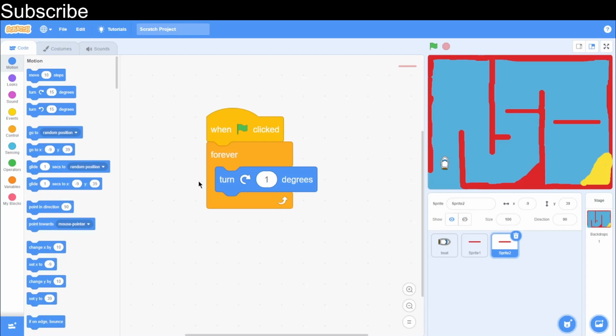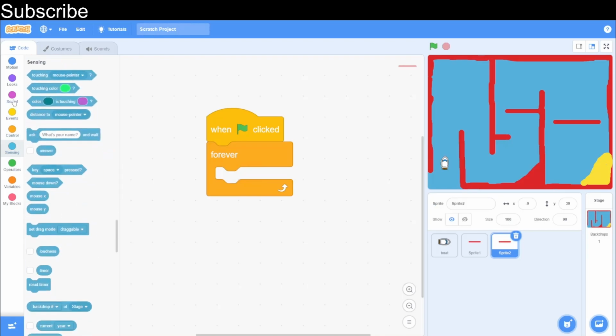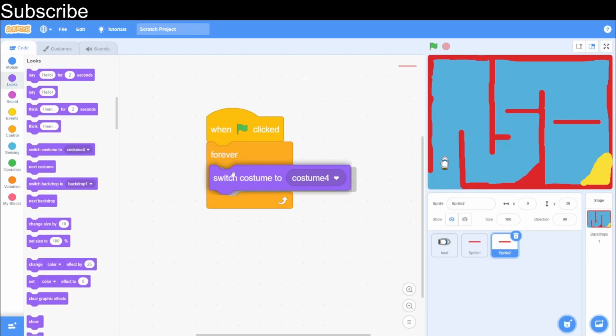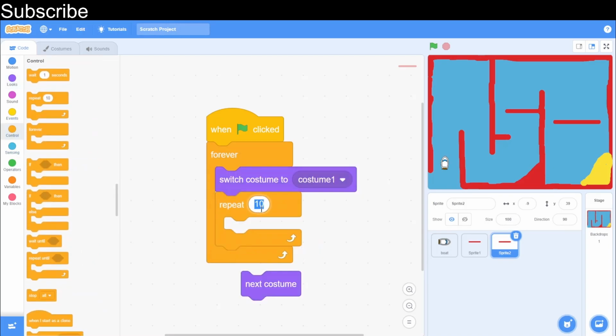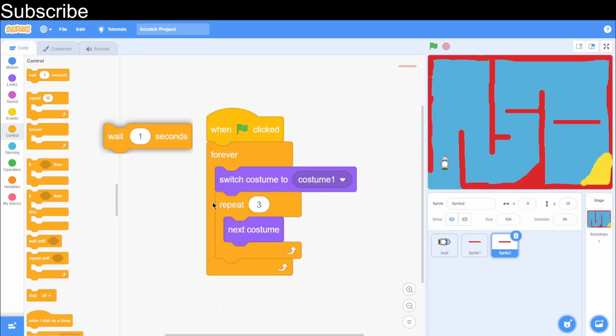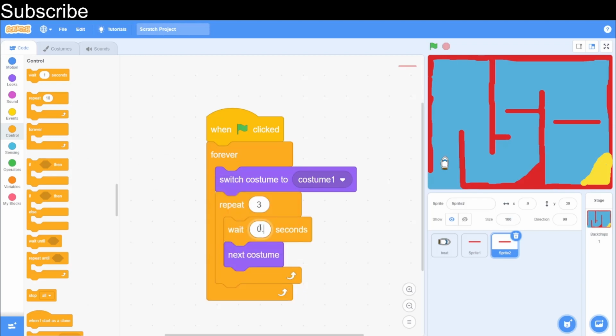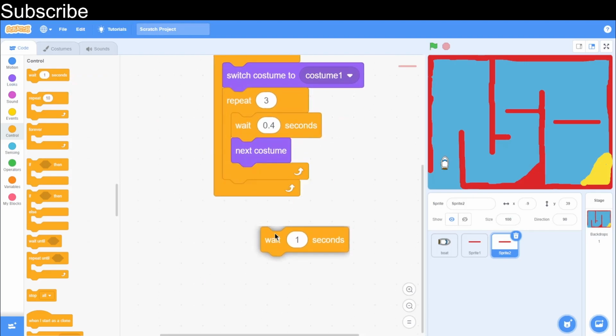And then we need to add some code into this, so we can just delete that. We need to switch the costume to costume 1. Then we need to use a repeat. We're going to change costume 3 times, and there needs to be slight delay when you change the costume, something maybe 0.4 seconds. Then we're going to be at the shortest length of the wall, so we're going to wait for, let's say, 1.5 seconds,